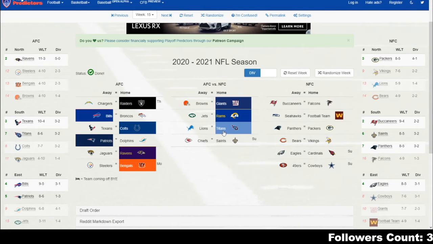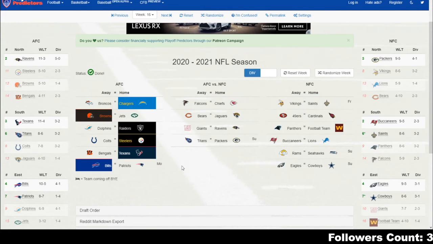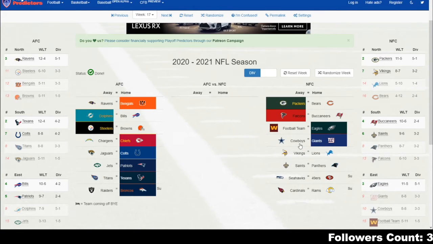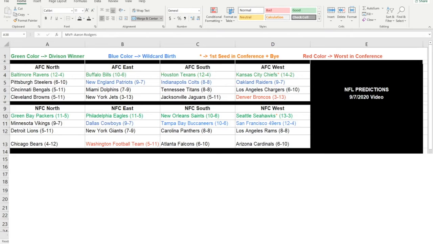The reason I'm showing you my predictions is that if you're wondering how a certain team got a record, you can always go back to this. Either way, that was a quick time lapse, and that's the end of it. Now you can see on the screen the actual standings of the teams after the time lapse. The only reason I put in that time lapse is so that you can see proof of how I got